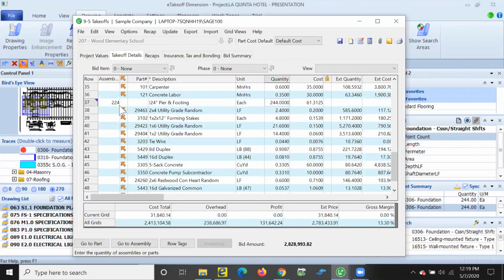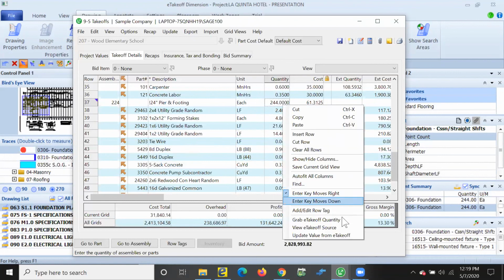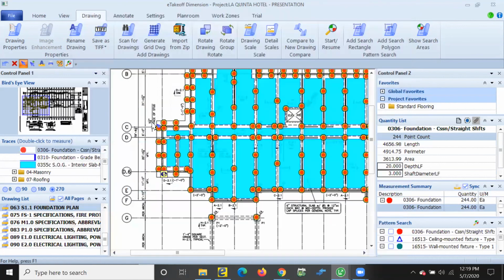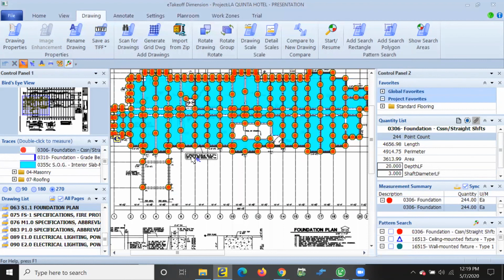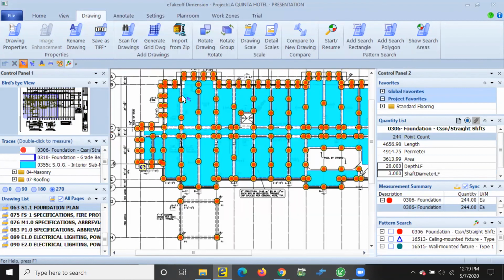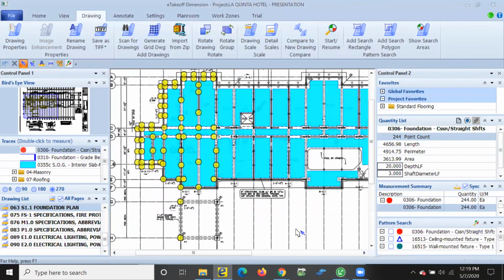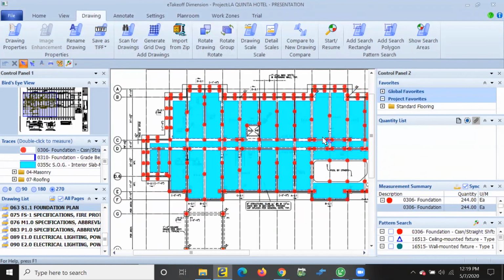So some things you may be keying in yourself, but some you may just take from your digital takeoff. That gives you a nice differentiator, so you could actually go back and view where that came from. When I go back and view that, it highlights that takeoff that I'm reviewing straight from my estimate. So it makes it really easy to view back and forth between both of them.